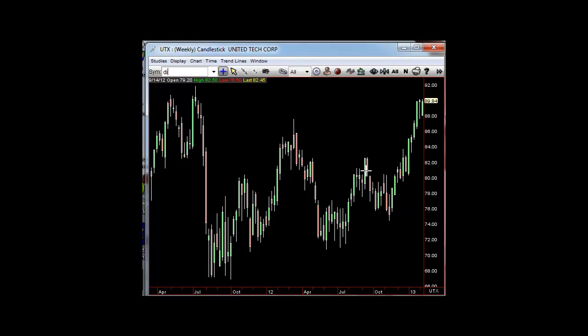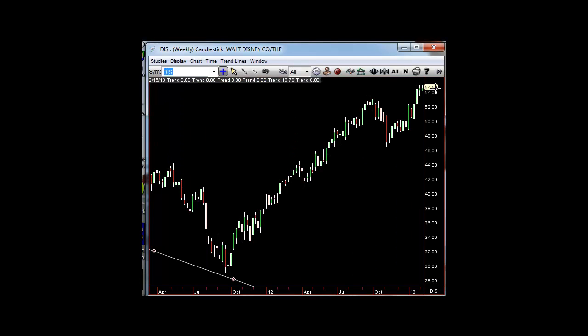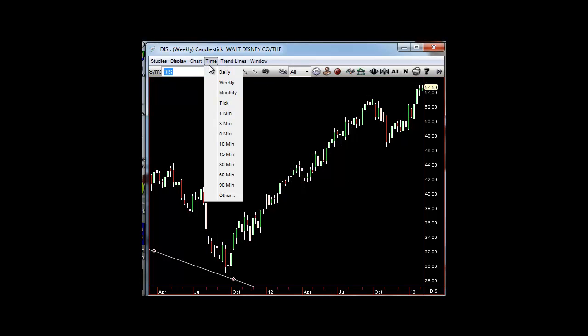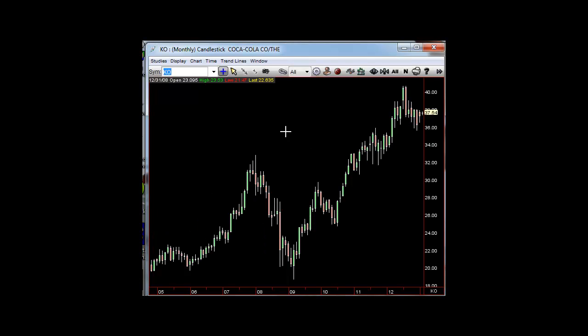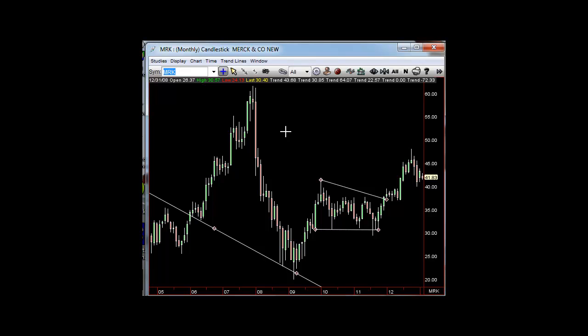We've got Disney as an inside week near the highs. With the monthlies, we got Coca-Cola closing as an inside month. We got Merck as an inside month. And McDonald's on the